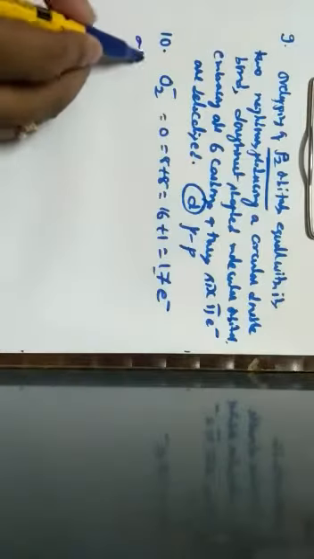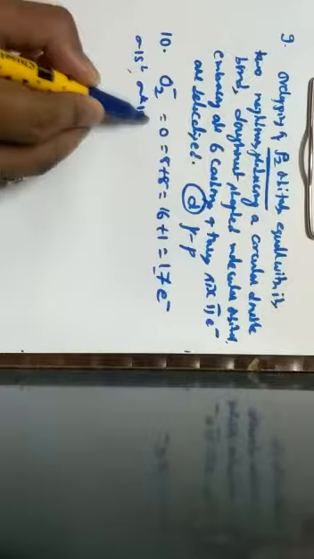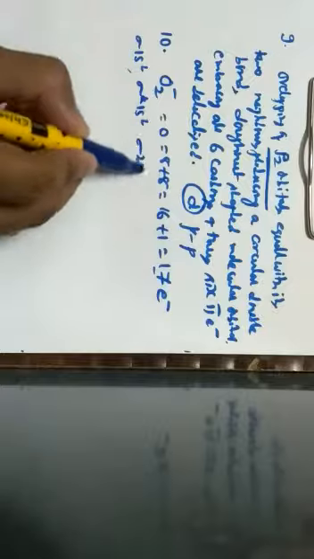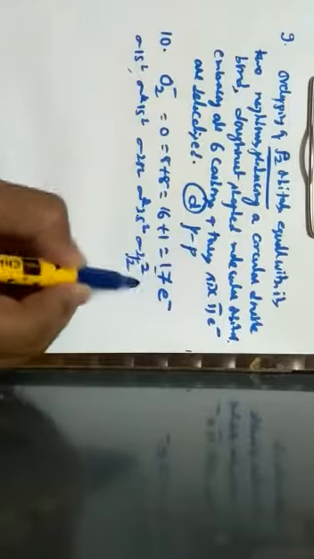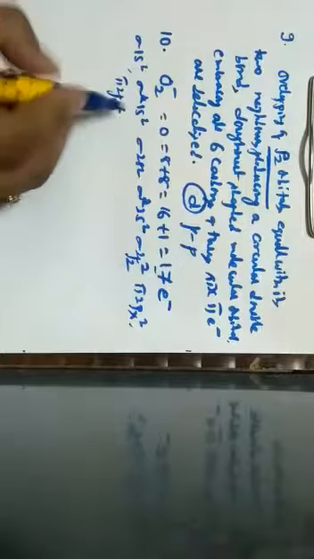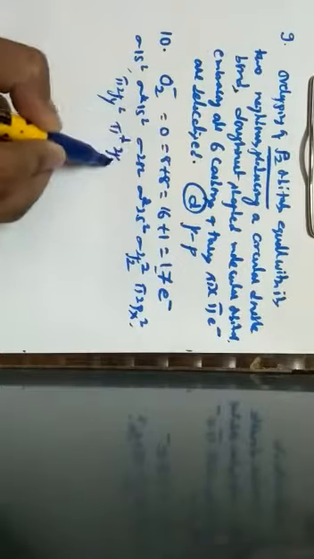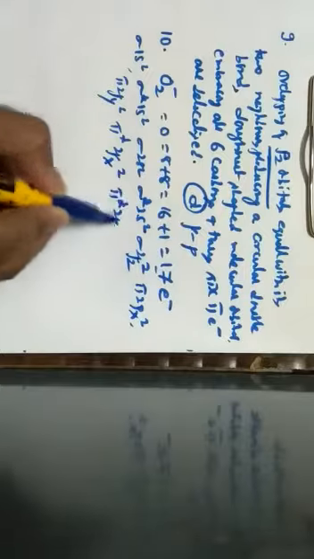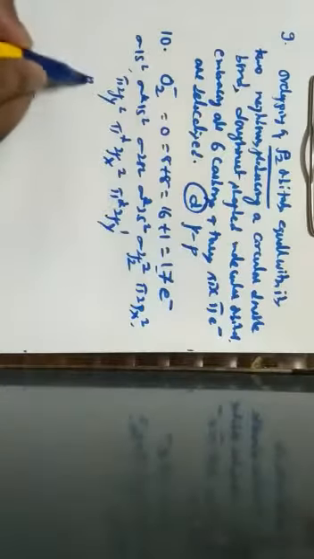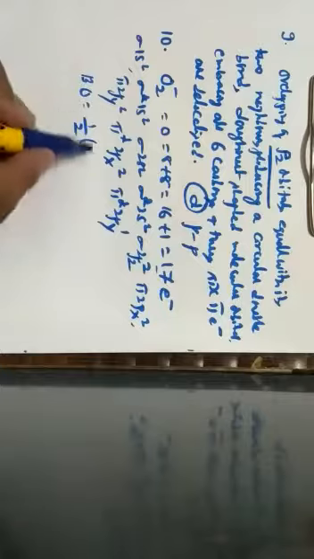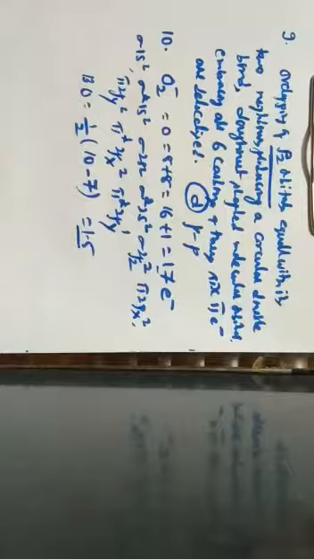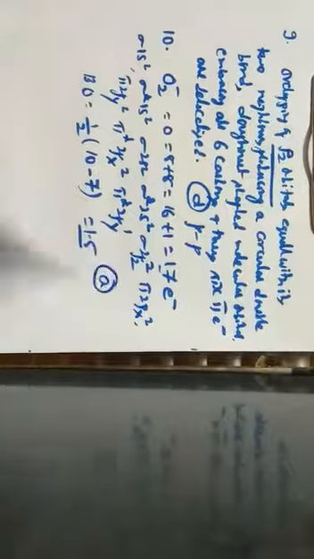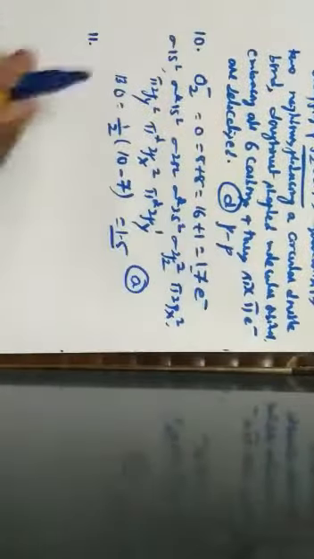17 electrons are there. I can write it as sigma of 1s2, sigma star of 1s2, sigma of 2s2, sigma star of 2s2, sigma of 2pz2, pi of 2px2, pi of 2py2, and pi star of 2px2, and pi star of 2py1. So when I calculate, the bond order is equal to 1 by 2 into bonding electrons are 10, anti-bonding electrons are 7. Hence its bond order comes out to be 1.5, which is given by the option A. Next one, question number 11.